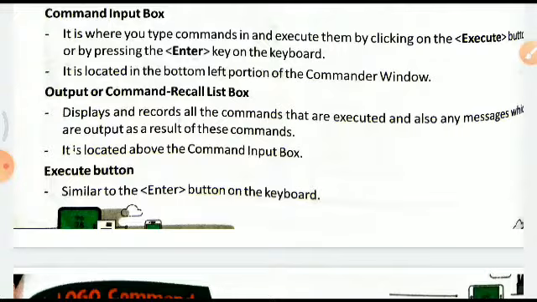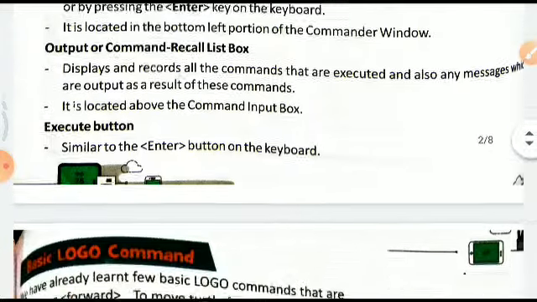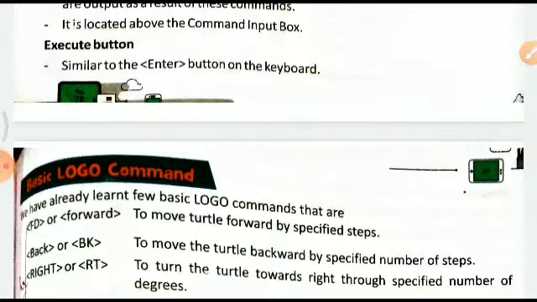Output or command recall list displays the records of all the commands that are executed and also messages which are output as a result of these commands, and it is located above the command input box. Execute button is similar to the enter key of the keyboard, used to run any command.